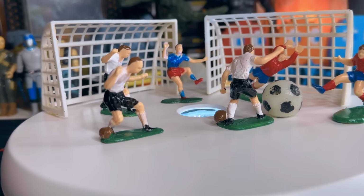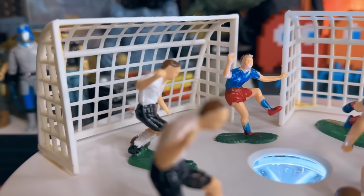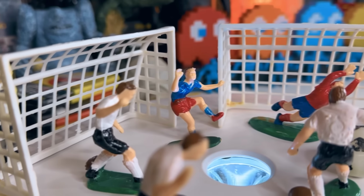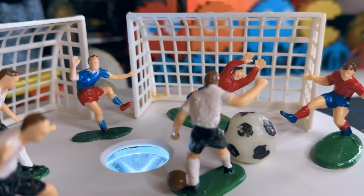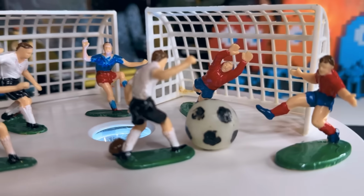And then I also picked up these soccer cake toppers. So I picked up a few of these a couple of months ago, some of these soccer players and the goals, I believe. But this one actually had the soccer ball in it. So I thought that was pretty cool, and I just couldn't resist it. I love cake topper toys. And then I also got these